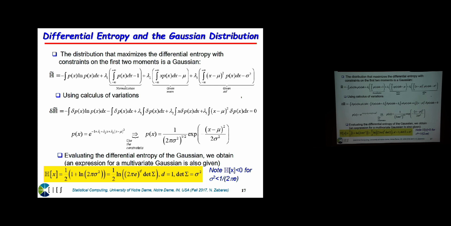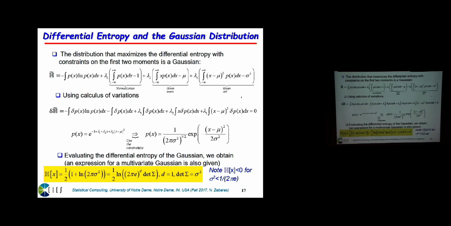And what you see on this slide is a proof of that for univariate Gaussian distributions. The only thing I really want you to do is read this and maybe spend 10 minutes doing these derivations, because there's much to learn, okay? We want to maximize this, but with the constraint that p is normalized, right? So the integral of p is equal to 1. But we also take the constraints, so we can compare things with the Gaussian distribution, that the mean is equal to mu, and that the variance is equal to sigma squared.